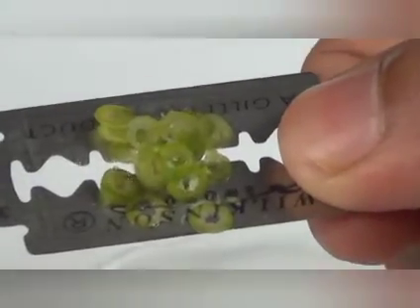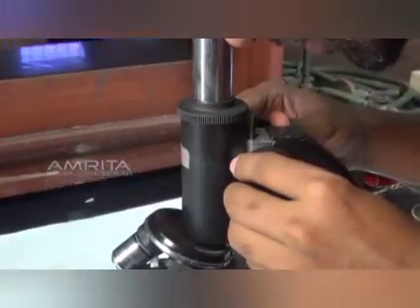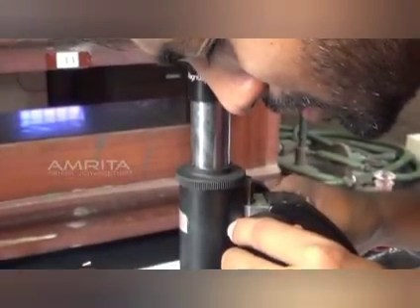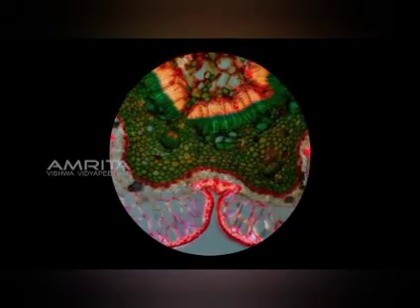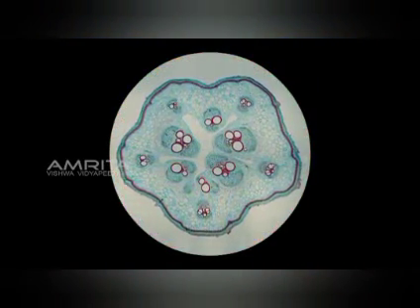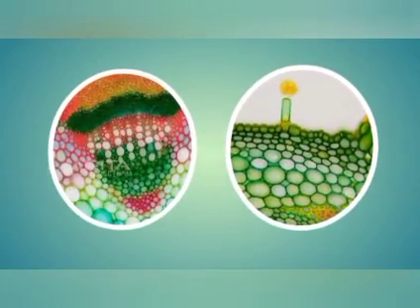It is also necessary to take the sections with uniform thickness so that the light passes through them equally and the different tissues found in the material are clearly visible under the microscope. To examine the tissues clearly, it is desirable to stain the section with suitable stains, as different stains color the